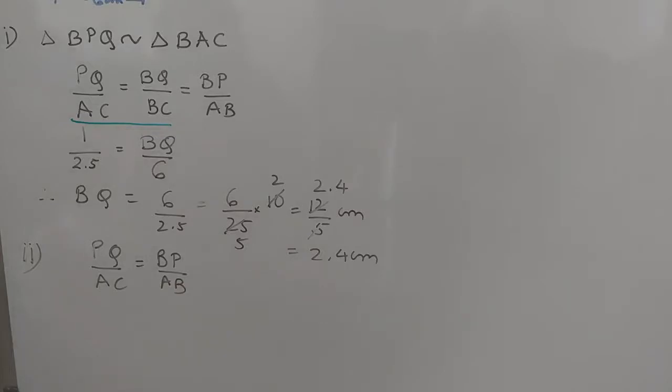So PQ value here, PQ is 1 and AC is 2.5. I substitute. BP we want to find out, and AB also we have to find out. So here the problem is we have two unknowns. So what we'll do, we will take